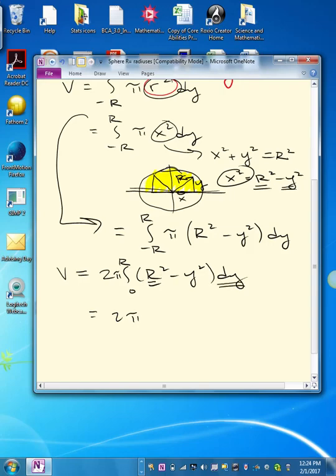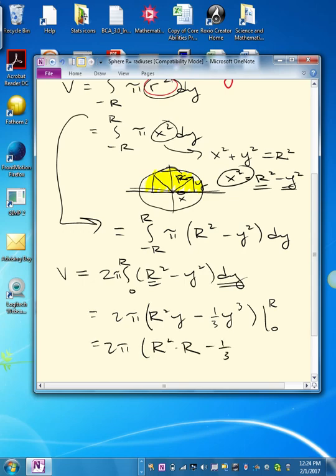We're integrating with respect to y, so I get an R squared y minus, this goes to y cubed with a 1/3 out in front, and I'm evaluating that from 0 to R. So I get the 2 pi, just crunching through the math here, capital R squared times R minus 1/3 capital R cubed